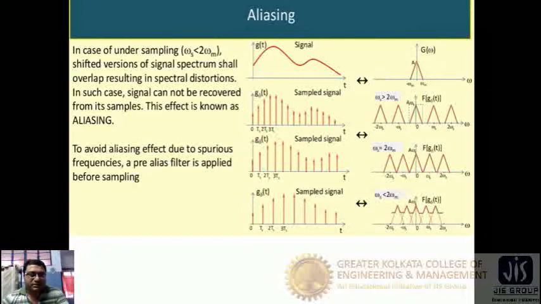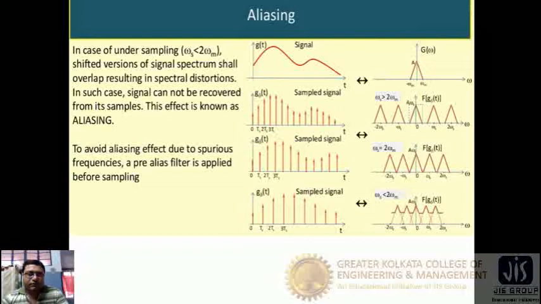In such cases, the signal cannot be recovered from its samples. This effect is known as aliasing. To avoid this aliasing effect due to spurious frequencies, an anti-aliasing filter is applied before sampling. That means